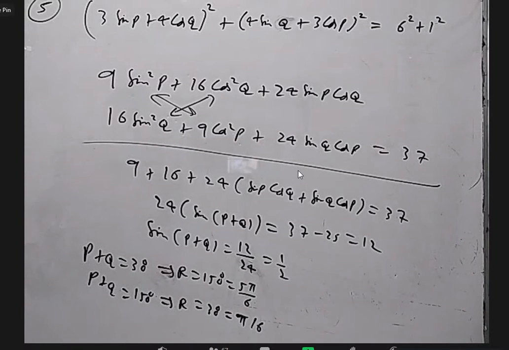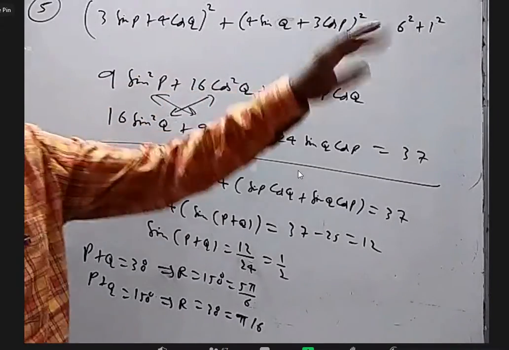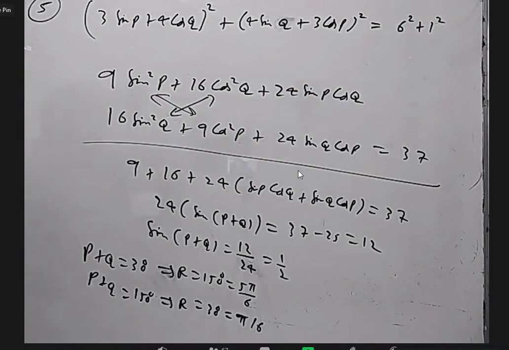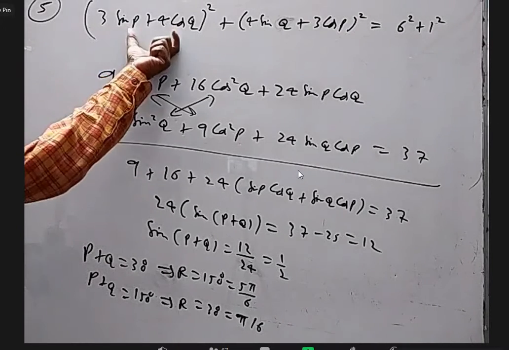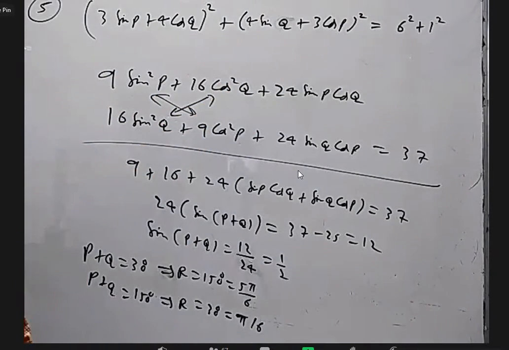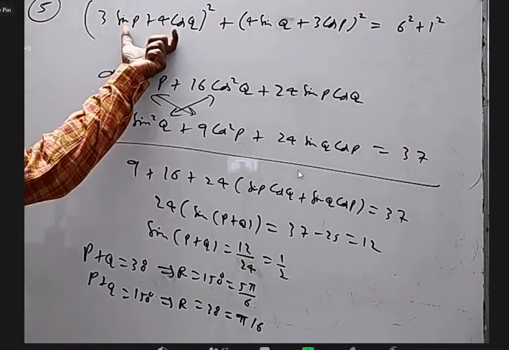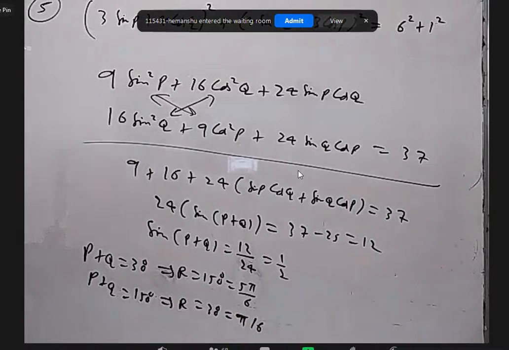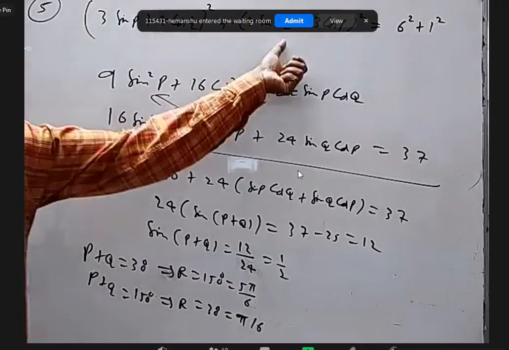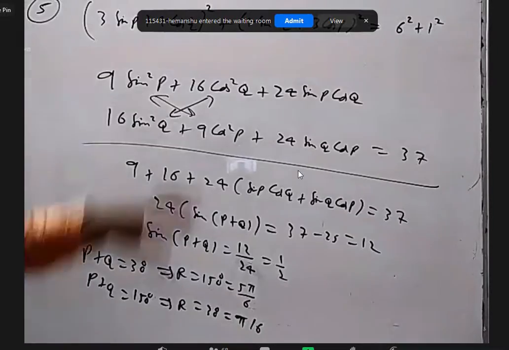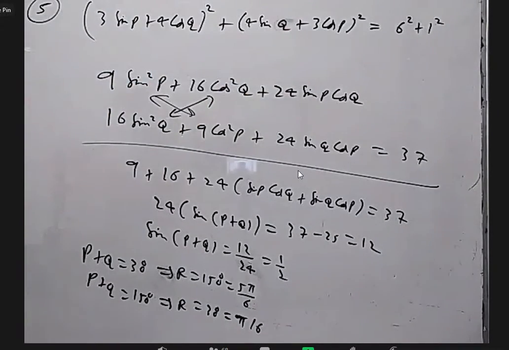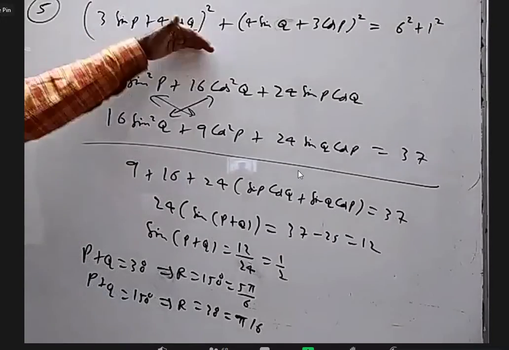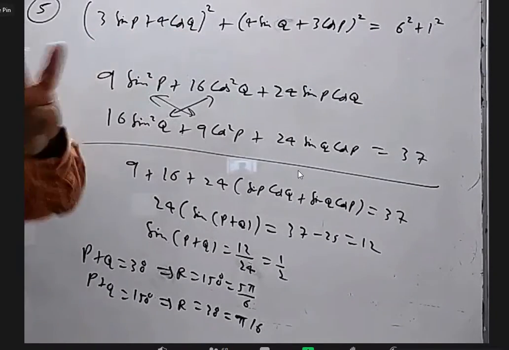Anyway, apart from that, one common thing is whenever you are squaring and adding, we are not doing anything wrong, but there is a good chance that we can get additional solutions. In the question they gave this value as 6 and this value as 1. What if they gave this as 6 and this as minus 1? My solution is the same, right? And if this is minus 6 and this is plus 1, also the same. And minus 6 and minus 1, also the same. So when you square and add, this is not the solution of one question. This includes solutions of 4 questions.